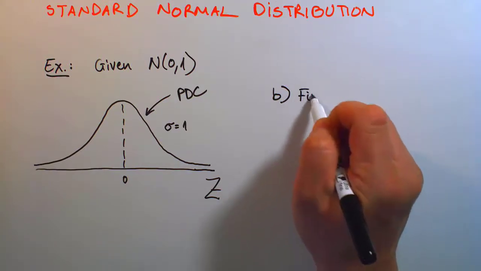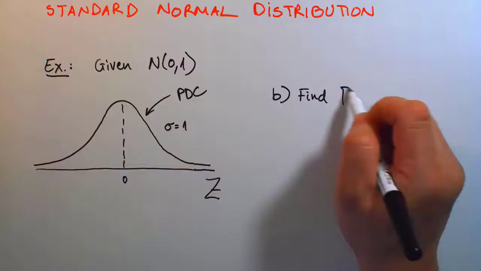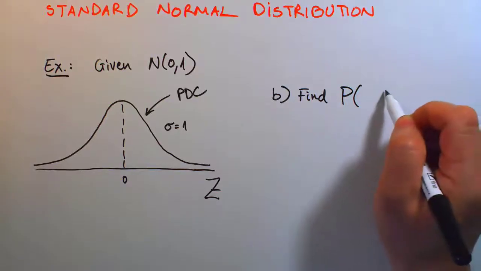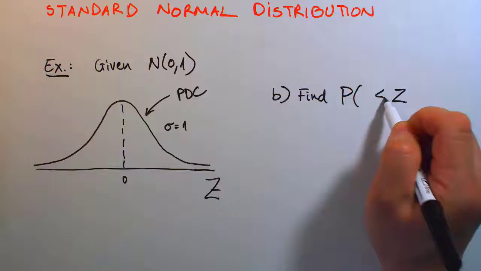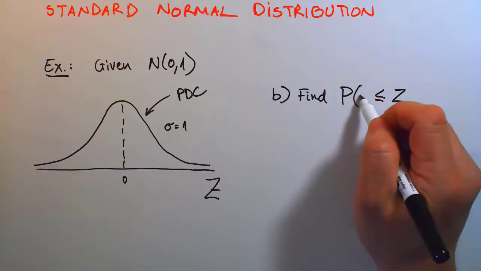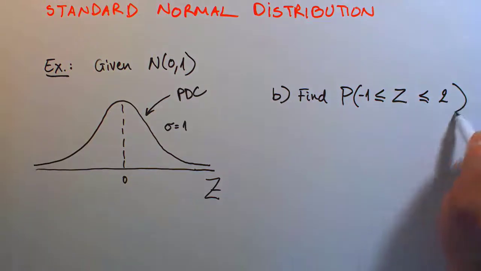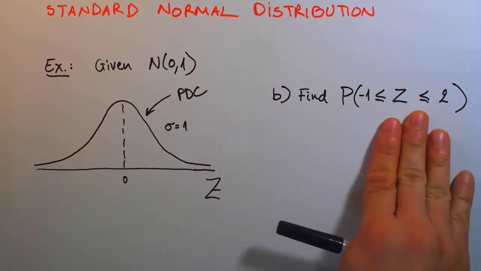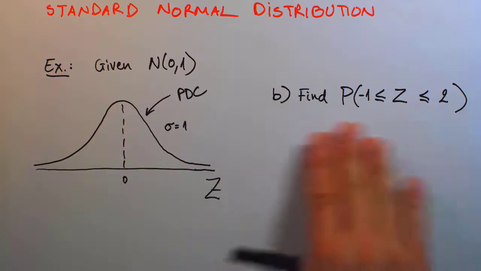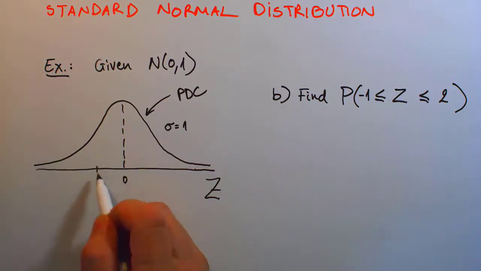We want to find the probability where our z-score is anywhere from -1 to, how about, 2. And so once again, we don't need to make any further thinking yet. Simply just after writing down the question, the first thing we need to do is put down the value that seems